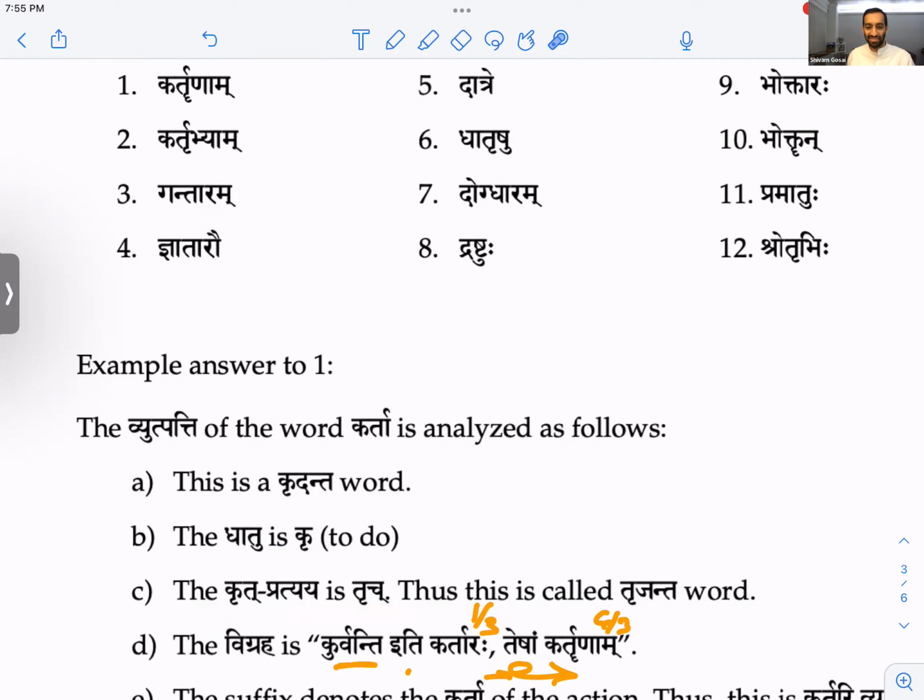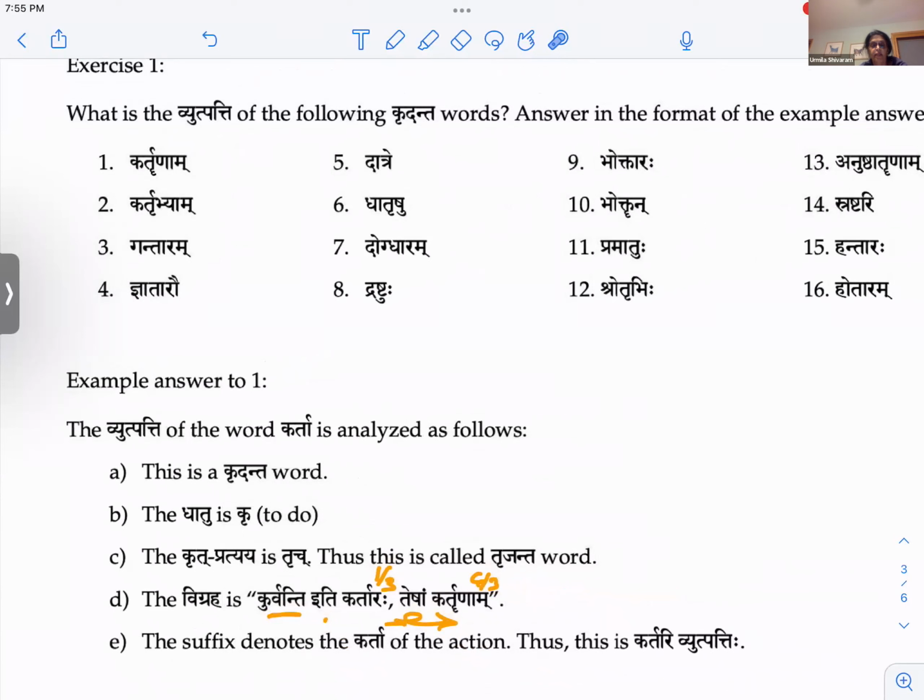Then I would say tesham. No, not tesham. It's the 4th case, isn't it? 4th case. It's not 3.